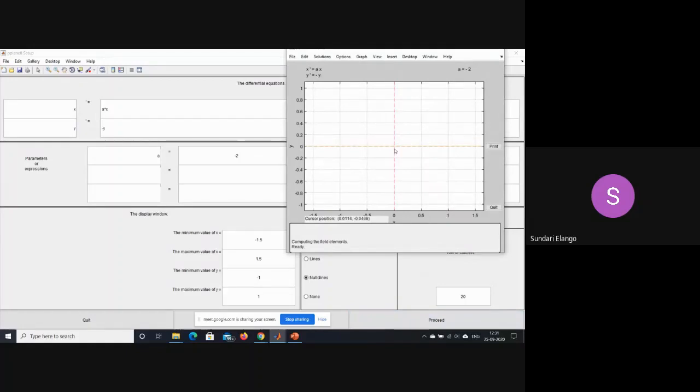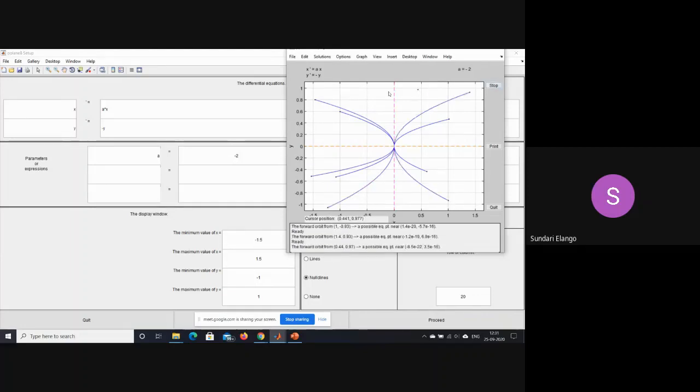So this is the point. Now when I start, let's say, at a point here, given by x equal to -1 and y equal to 0.6, it dies down to 0, showing that it's a stable point. And this is true for any point in the plane. Start with any initial condition, and the system will always die down to 0. This is the reason why we call it a stable point.